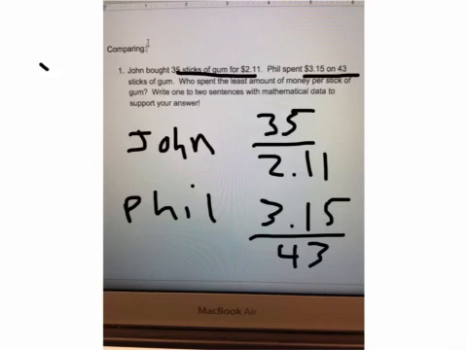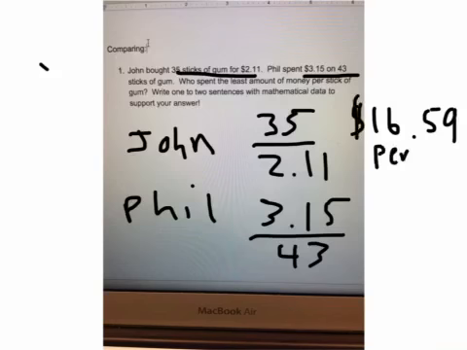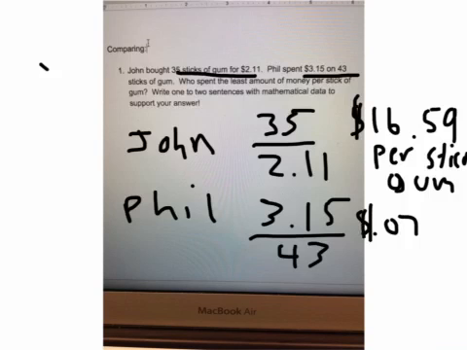So to do that, I always need to divide for unit, right? So for Phil, 35 divided by 2.11 equals 16.5. I could round that to 8 or 9. I'll round to 9. $16.59 per stick of gum. And then we have 315 divided by 43. Oof. And then we only had 7 cents per stick